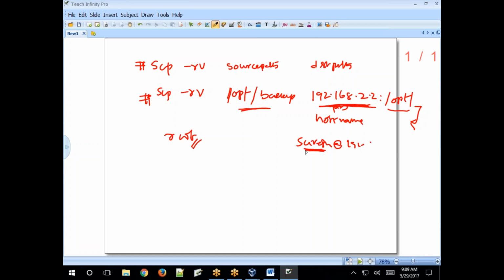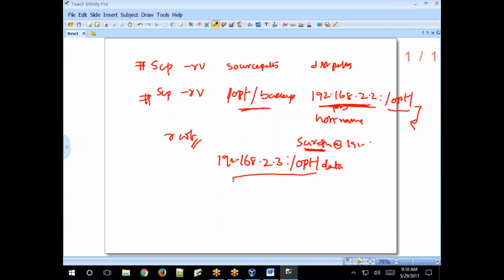For example, if you want to copy a file from remote to local, you need to specify the source path first. What is the path? The remote path, right? 192.168.2.3 colon files OPT some data. If you want to copy that data directly from the remote machine to local, first you specify the remote machine path, then the local path where you want to copy.